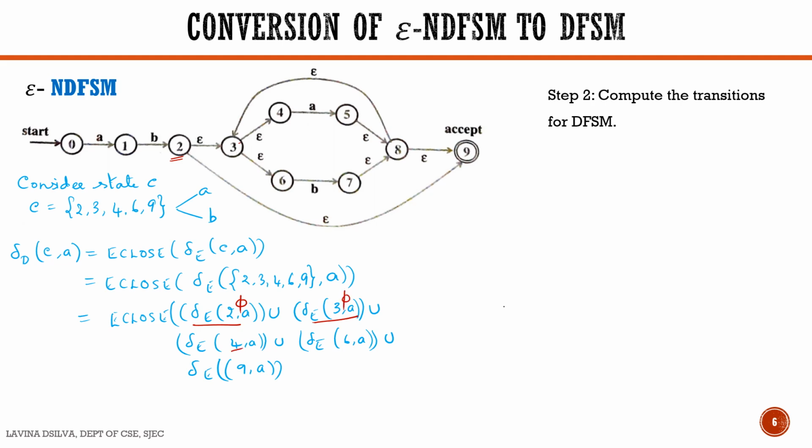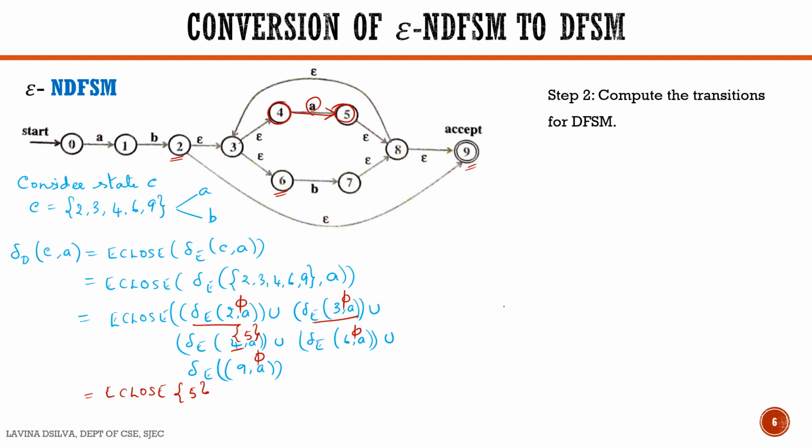On state 4, do we have a transition for A? Yes, it goes to state 5. 4 goes to state 5 on receiving A. So here we can write it as 5. Next, on 6, if we give A, there is no transition which is defined. Therefore, it is phi. On 9, do we have input A? No. So this is phi. So we have E closure of